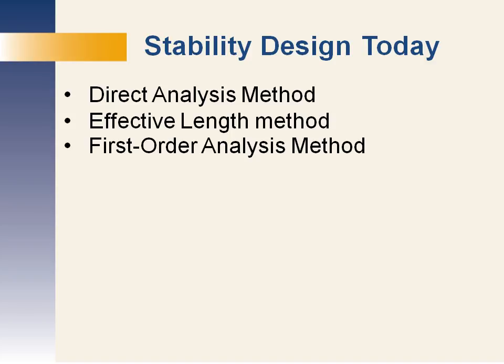And in addition, the first order analysis method was new in 2005. It was put in as a way to do first order analysis, but still satisfy the requirements of the AISC specification that require second order analysis. And how do you do that? Well, you go to the direct analysis method. You add the assumptions that are necessary to get a conservative method that is easier to apply. And that resulted in the first order analysis method. But it's derived from direct analysis. These methods are also addressed in the 2010 AISC specification with simplifications, refinements, and clarifications based upon usage since the